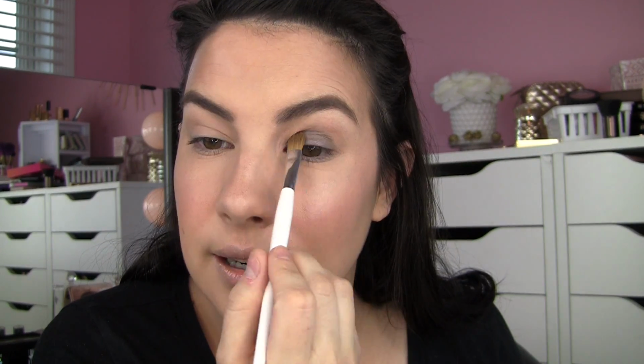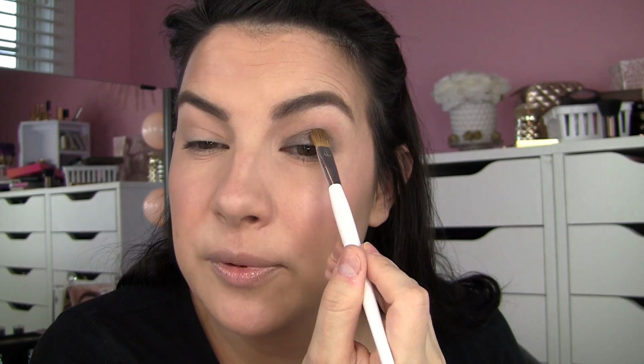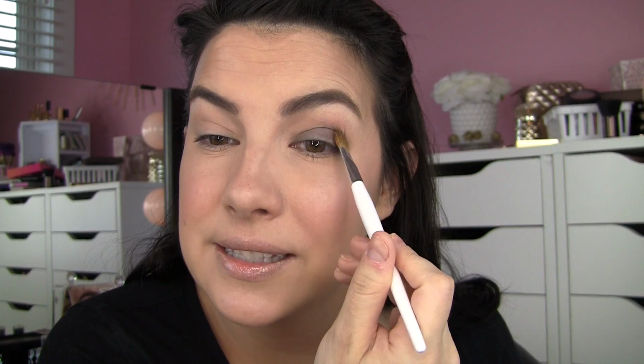I think I've trained myself to be that way because I'm one who likes to do all of my face makeup first, so you kind of learn how to minimize fallout. So as you can see here, I'm just patting that shade all over my lid, and also a little bit of the shadow from the tip of the brush kind of wedges itself right up there into the crease. So that's your very simple indication that you're at your stopping point, because you just want to apply this shade all over your lid space, and then, once you're reaching that crease,